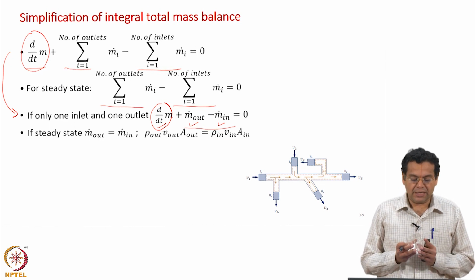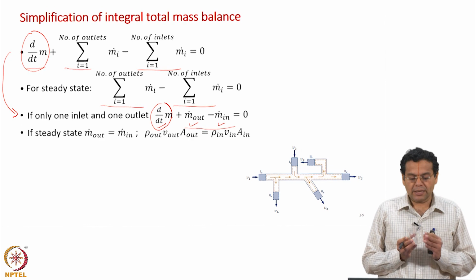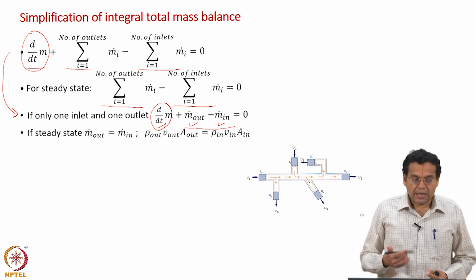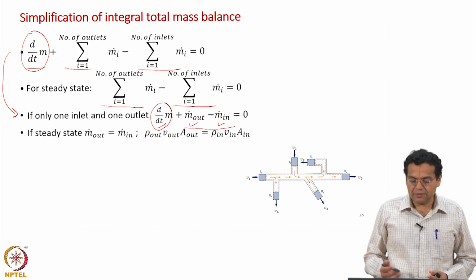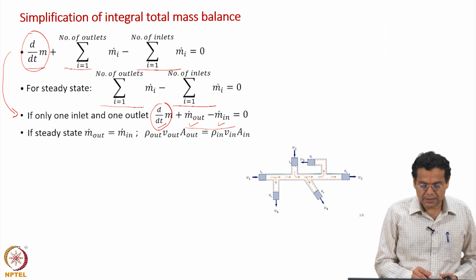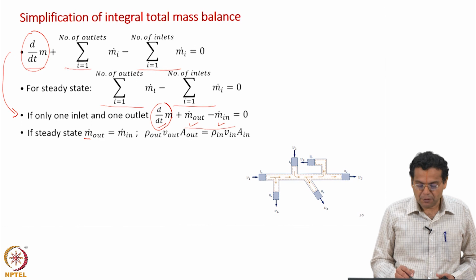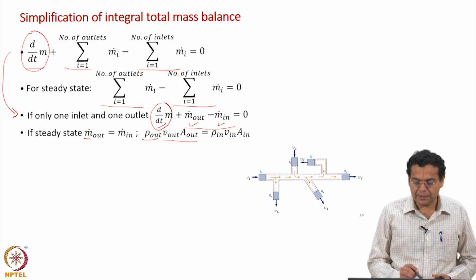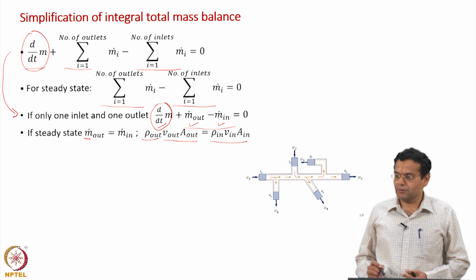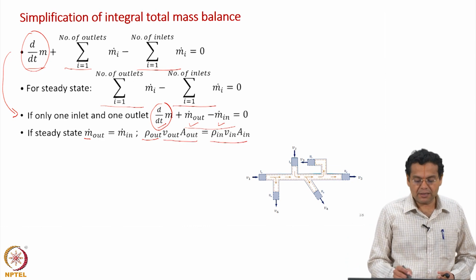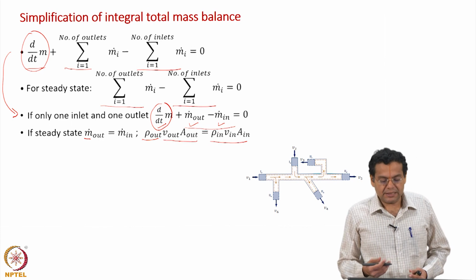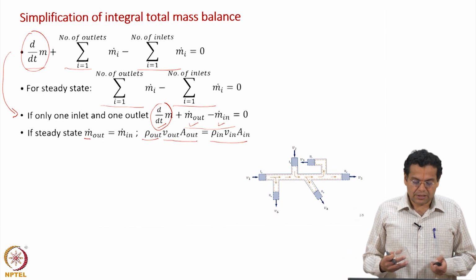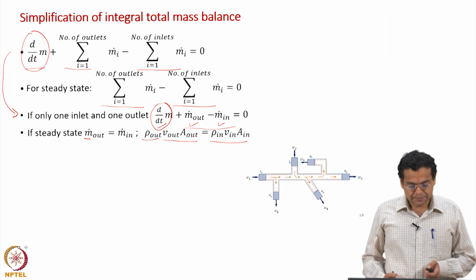This is a very well known fact that if you have one inlet, one outlet, the mass flow entering should be equal to the mass flow leaving under steady state condition. As usual, if you want to write in terms of densities and velocities, express mass flow rate in terms of the volumetric flow rate, velocity into area multiplied by density. Similarly, for the inflow. So, either you write in terms of mass flow rate or in terms of density, velocity and then area. We already discussed which is more relevant under which condition.